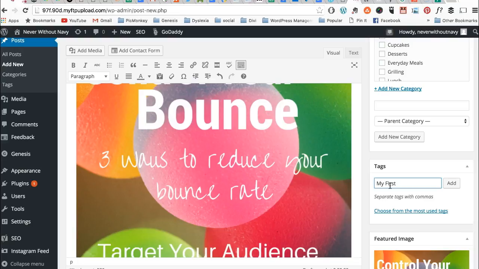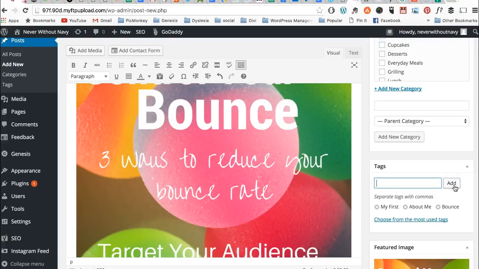Capitalize, be consistent. You don't realize this, but these tags are going to show up and you want to be consistent. Don't do some lowercase, some capitalized. Decide what you're going to do ahead of time. I say capitalize. So my first, and I can put a comma, about me, bounce, add. Now these are tags that are on your site that you can use again if you want, or